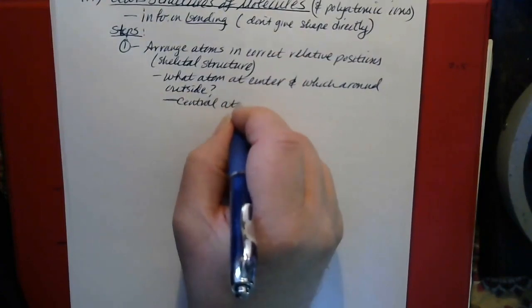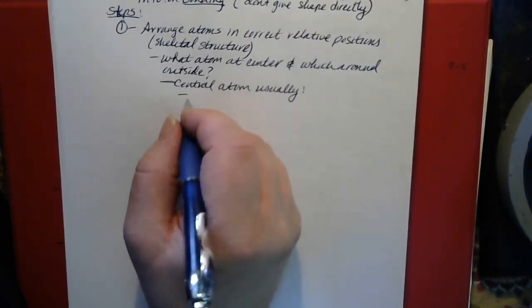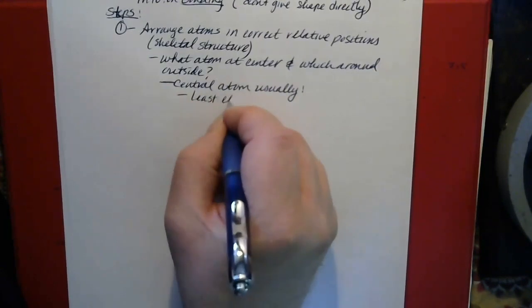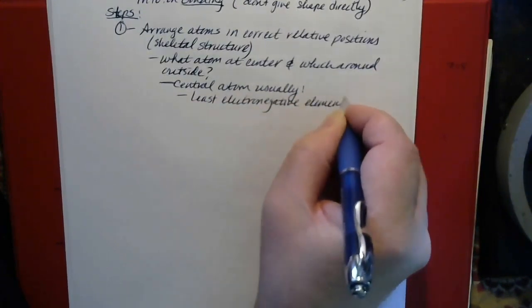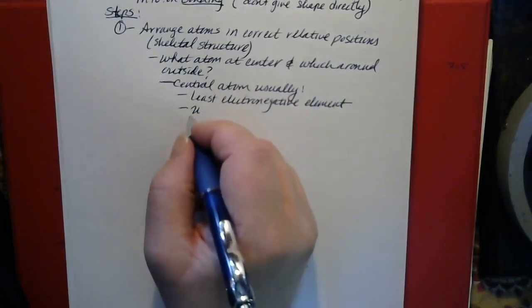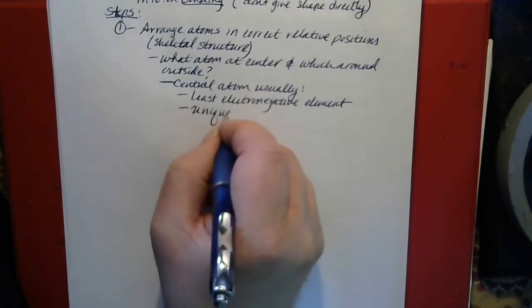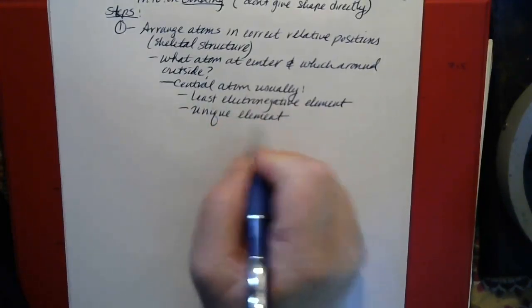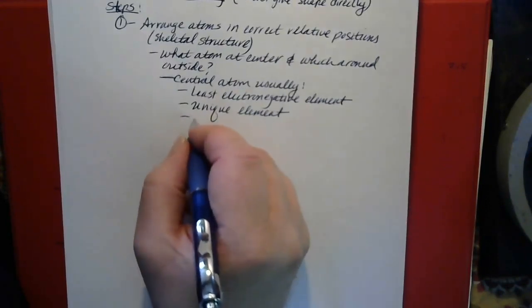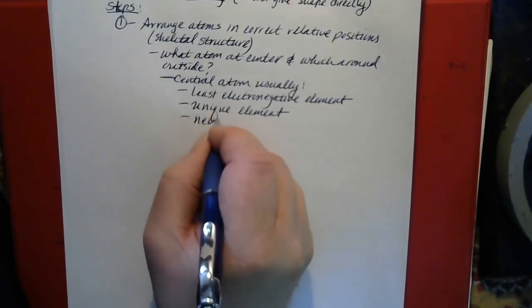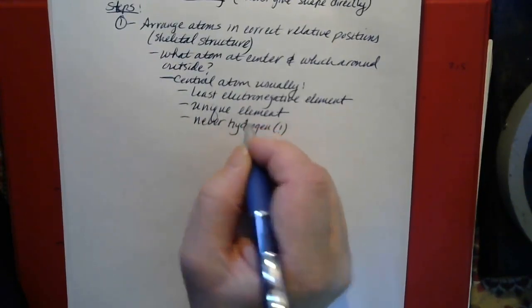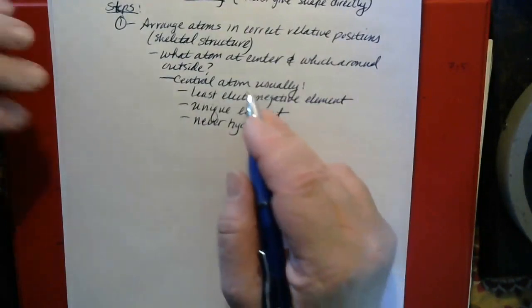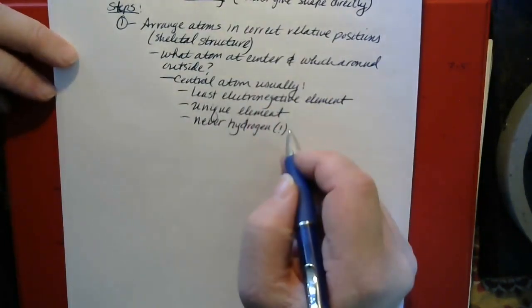The central atom is usually the least electronegative element present. Or the unique element. That is the element that you've only got one of. But no matter what, it's never going to be hydrogen. Doesn't matter if, even if hydrogen is the least electronegative element and the unique element at the same time,